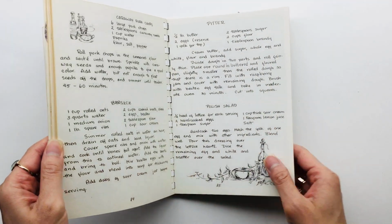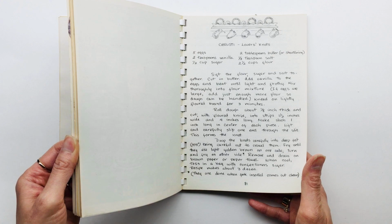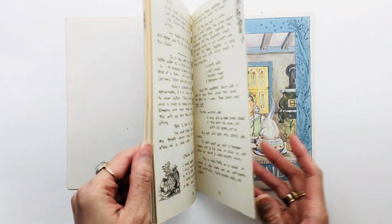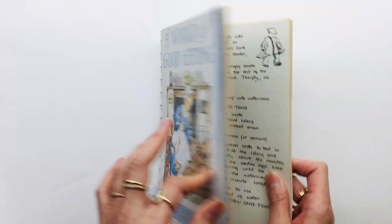Oh yeah, I forgot about this handwriting. I love that. I think that's going to be really fun to use and get creative with. Of course, I love the pictures. Yeah. And then I found one of those